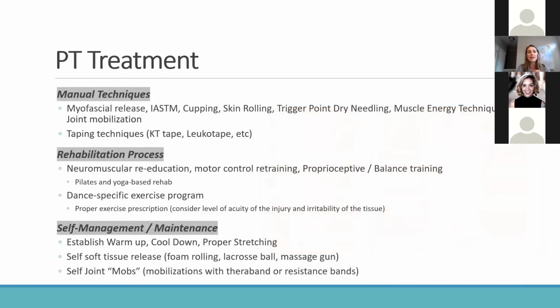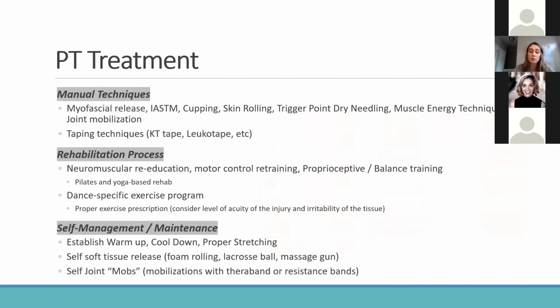So Mandy and Emma also covered this a lot too, but just considering all the techniques that we have as therapists for treating these dancers. So going in and honing in on the muscle, because of what we found, we can do myofascial release, instrument-assisted soft tissue mobilization. Are we cupping the area? Are we working on skin rolling? Of course, trigger point dry needling, any muscle energy techniques to take care of those pelvic obliquities that we see,